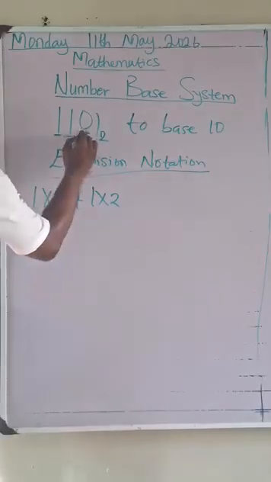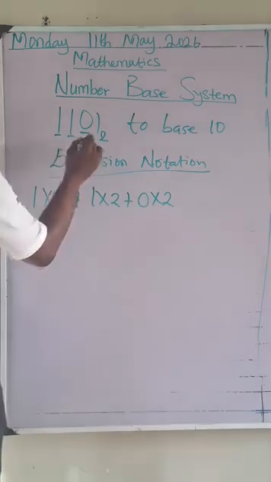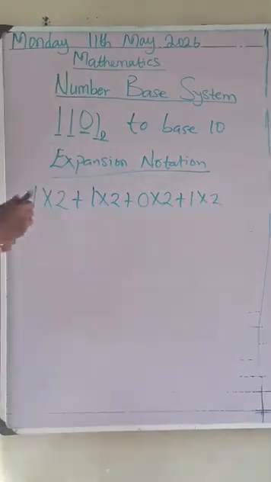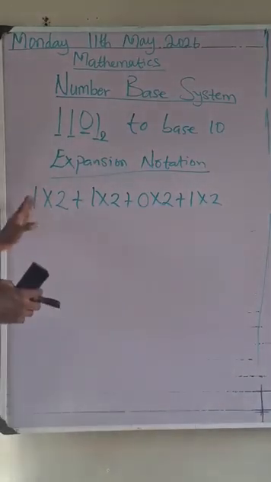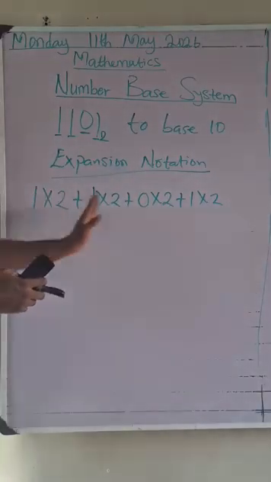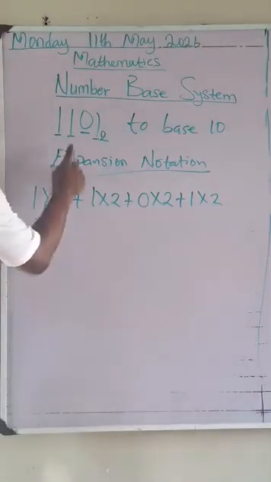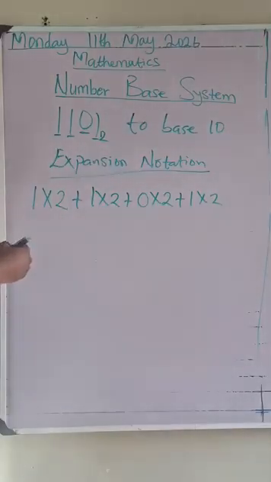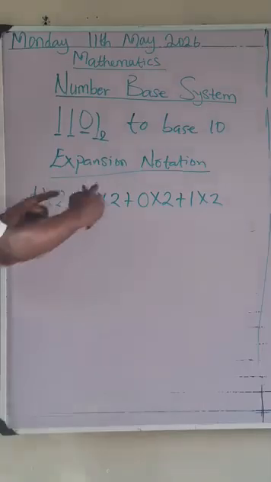I'm done with that one. Now this one, plus 0 times the base. I'm done with that one. Now go to this one, plus 1 times the base. So these are the first 2 steps you take. The first one is to multiply each digit of the given number by the base, and after which you add them together. Now the next thing you need to do,